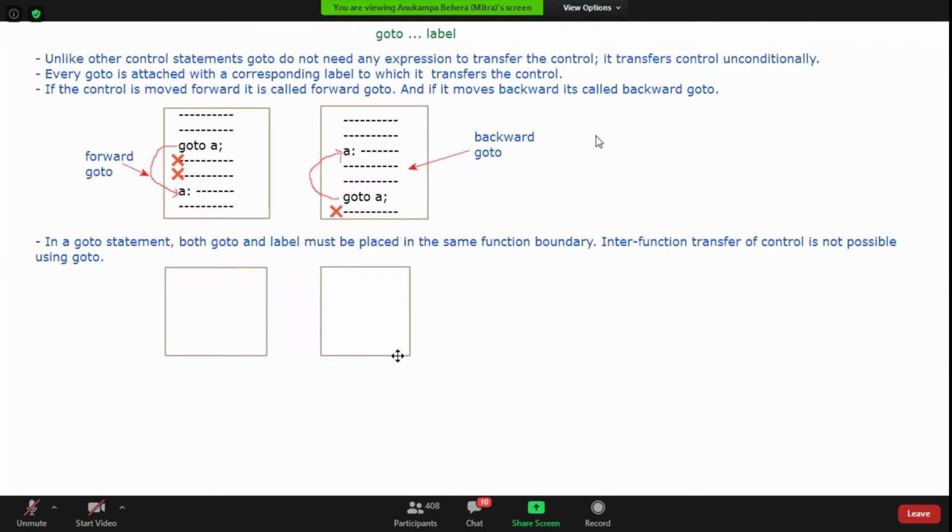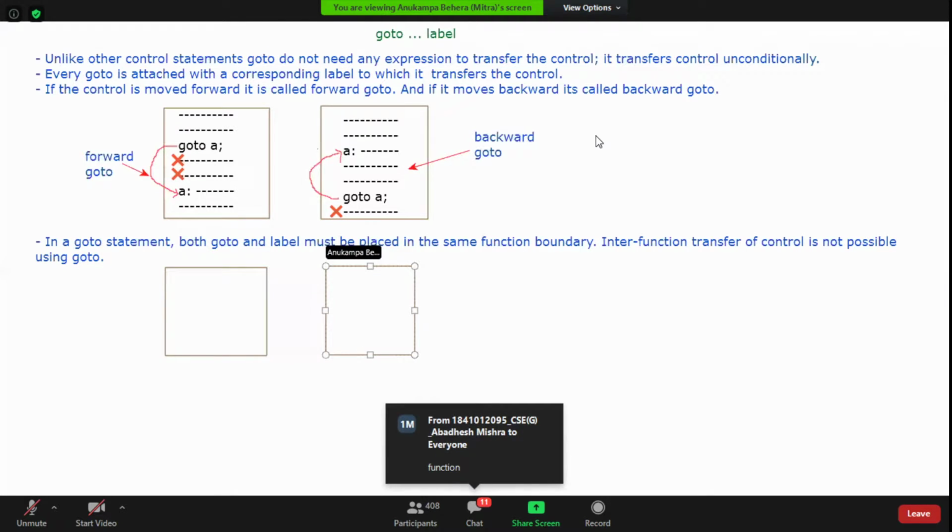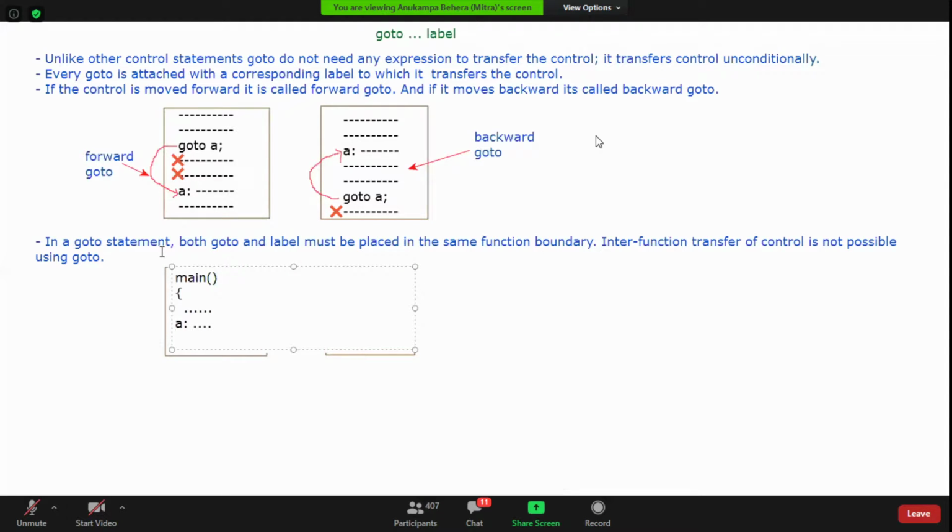In the main function, we are writing some statements. There is a label A here with some data. Then I have a goto B here, then something, and we complete the code. This is how the main function is written.